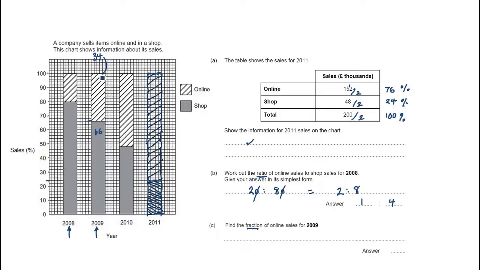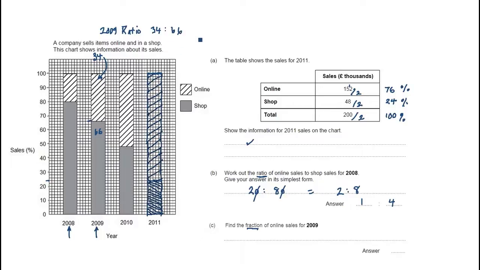So the online sales are 34. So yeah, the 2009 ratio would be 34 to 66,